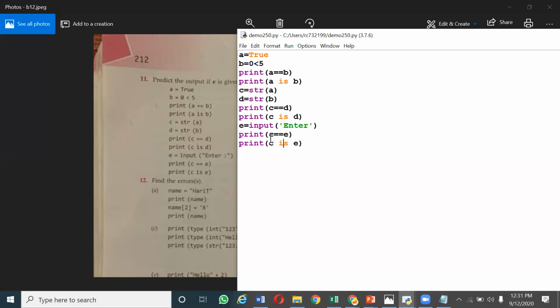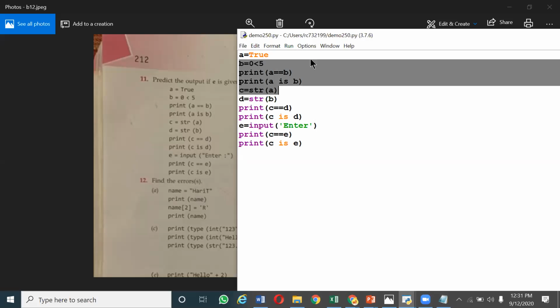The same VLML, when you enter it through the keyboard, reading the string from the user and the other variable is initialized with the same value, then the identity operator will not give the result as true because it will be stored in a different memory location. So that is what you have to understand from this question.